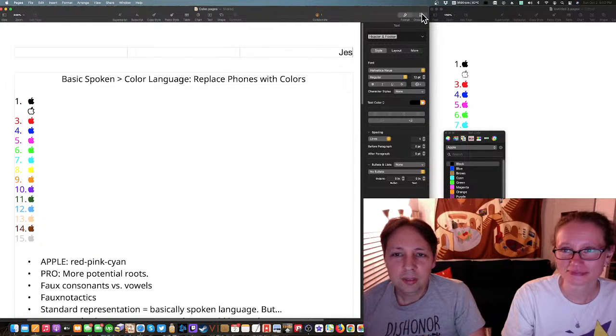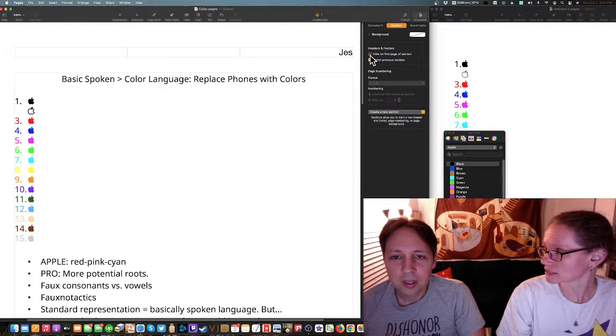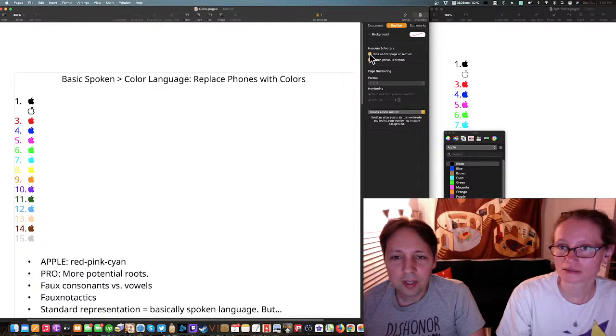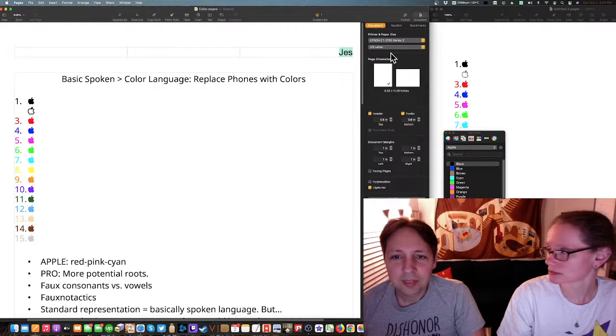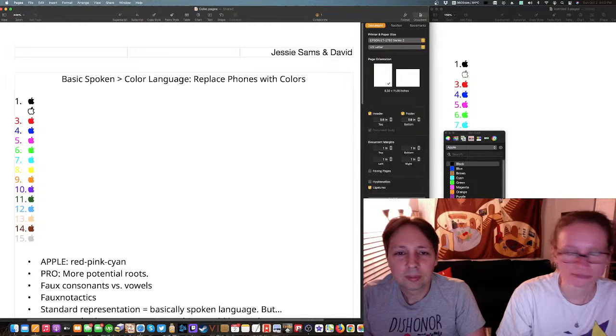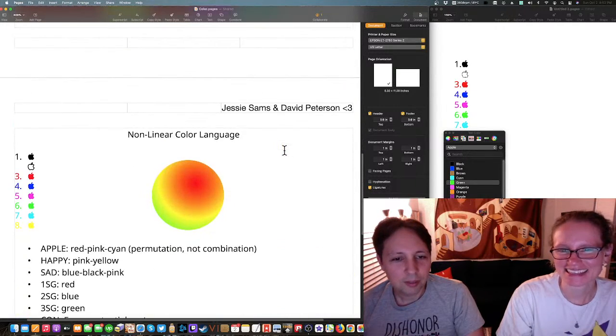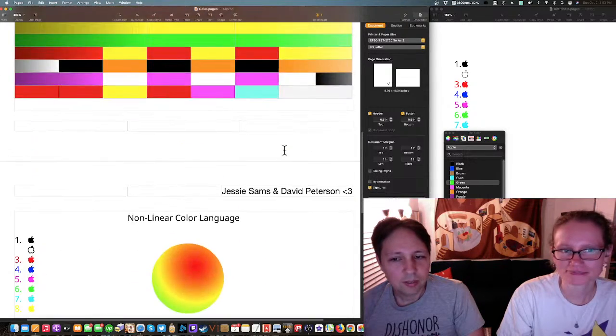Oh, wait, I have an idea. No, you need to copy that pink and yellow ball. Where's the first? That's not going to work. Were you trying to make them different? Well, you can if you add a section, and then each section can have its own header. There was usually a little button you could press that said first page is different, but either way. Nice. There we go. Perfect. All right. Yay.